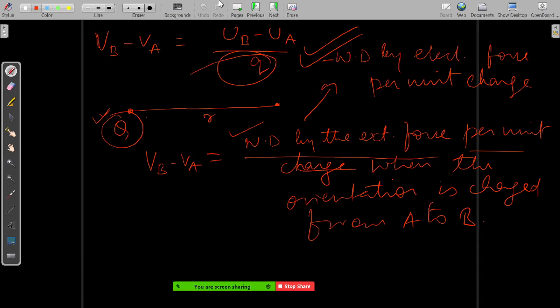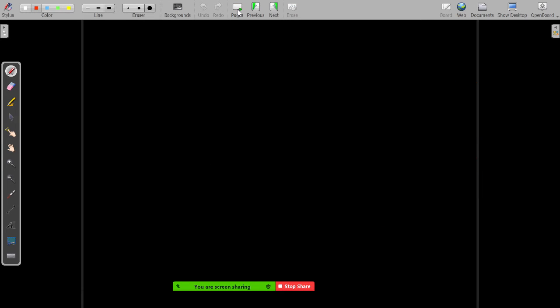Okay, so you understood this? That's it. Now we'll see. We defined this VB minus VA, no? Similarly, we'll do again the same thing which we had done for the potential energy. So we wanted to calculate potential energy at a point x. So similarly we will calculate potential at a point x. So we will take some reference point r, where we will assume that the potential in this particular position was 0. Fine, so that Vx can be written something like this.